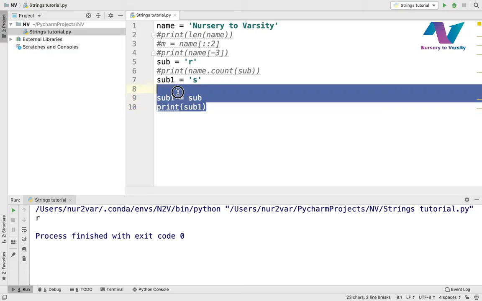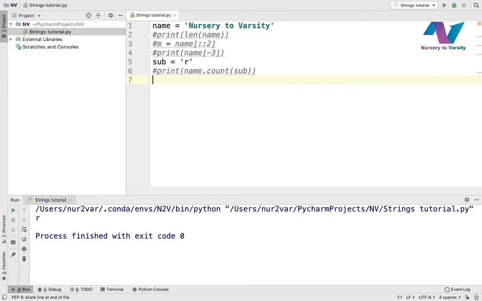Anyways, let's move on. If you want to replace any certain character in a string, for example in the string name, then this string sub, where sub is equal to r, we want to replace r with s. How can we do it? We can simply do it with